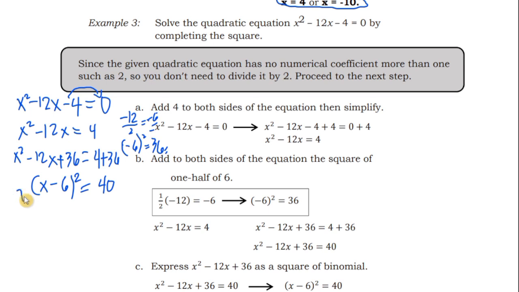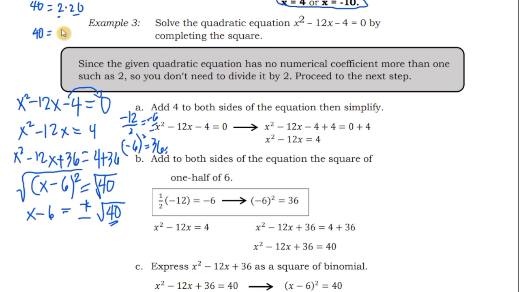And extract both sides, extract through the square root. Take the square root of both sides, rather in short. So we now have x minus 6 is equal to plus or minus the square root of 40. Then, since this square root of 40 can still be simplified by looking for one of the factors of 40 that is a perfect square. If we have 2 times 20, 2 is not a perfect square, same as 20. Another one is 4 times 10. 4 is a perfect square while 10 is not, so it could be that one would be able to work it out. So we have here plus or minus